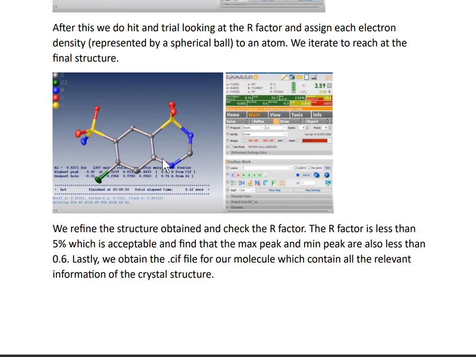So I refined this structure, and then I checked the R factor. And lastly, I obtained the .cif file by clicking on this ACTA. The .cif file contains all the relevant information of my crystal structure, of the crystal structure of HCT. So it contains the lattice cell parameters, it contains the space group information,